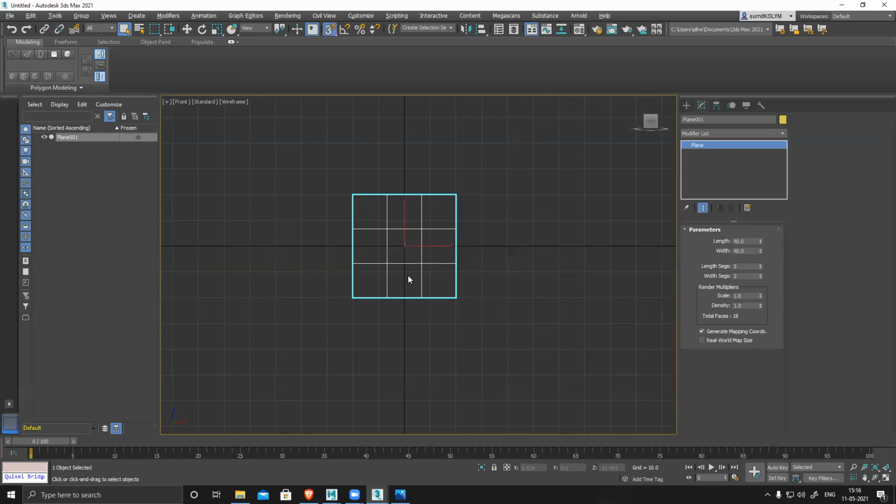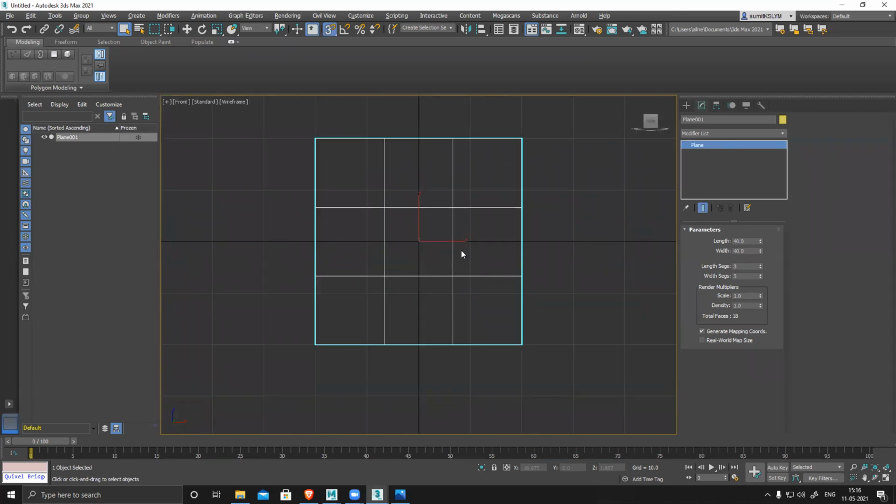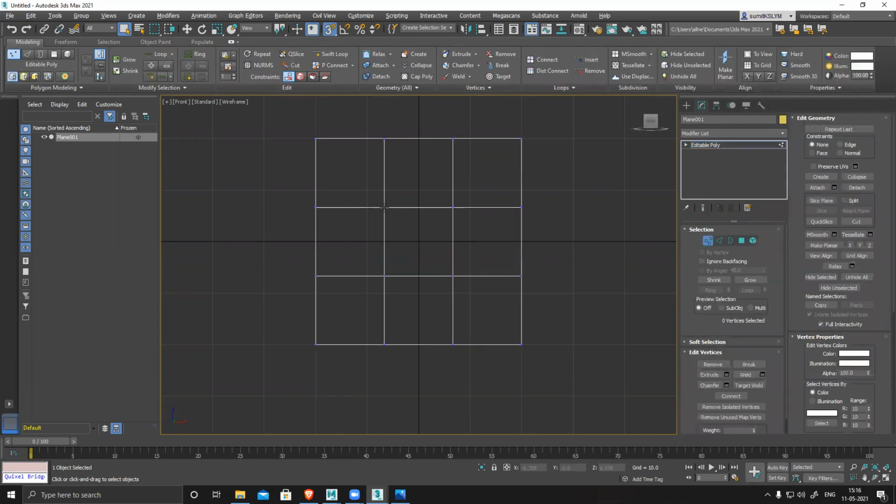So how to create and generate that? Right now it's a flat plane. Now I have to create all those connecting points in between. So this is my center.